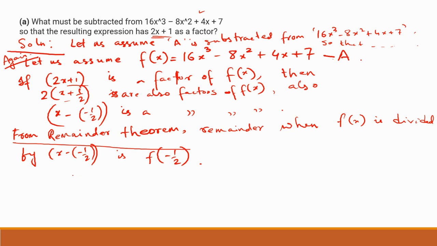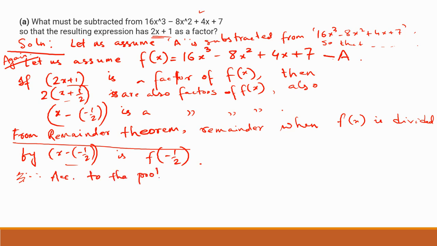But now what we have to do is, we know this is a factor, so f of minus half should be equal to 0. Since, or you can just write after this according to the problem, f of minus half equals 0. But if you have time, then you can write, since this is a factor of f(x), f of minus half equals 0. I discussed this in one problem before, but there we had to prove it. But right here, it's a different sort of problem. So here you can write, if you are short of time, then just write, therefore according to the problem,